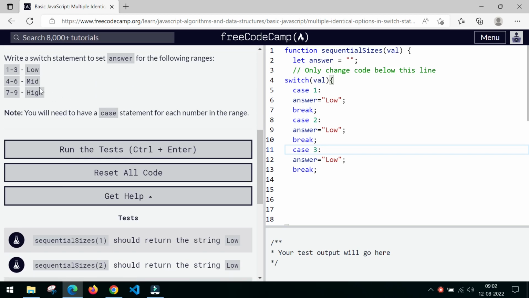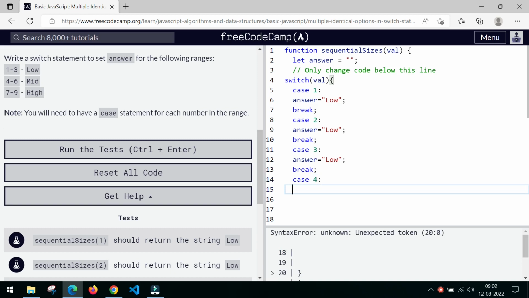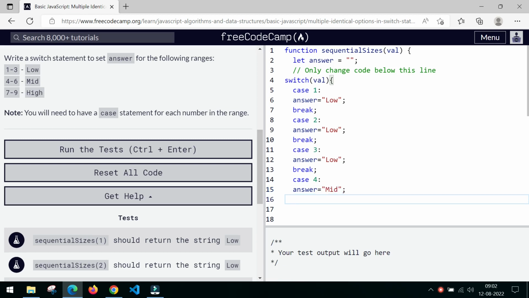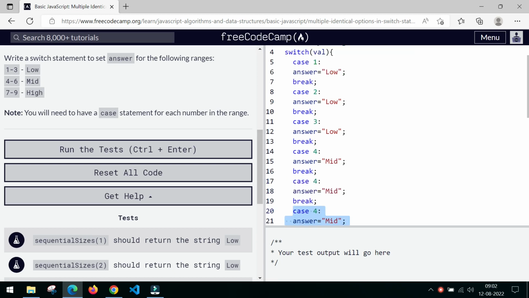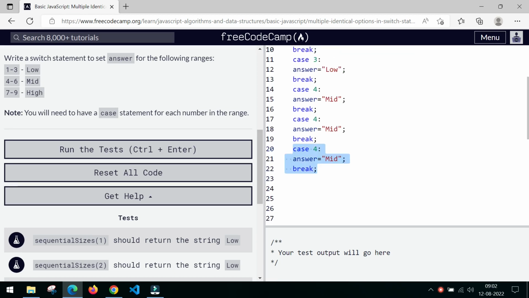And if it is 4 to 6, it is mid. So for case 4, the answer will be assigned as mid, then give break. Copy this. If it is case 5, this is mid, and if it is case 6, this is mid,